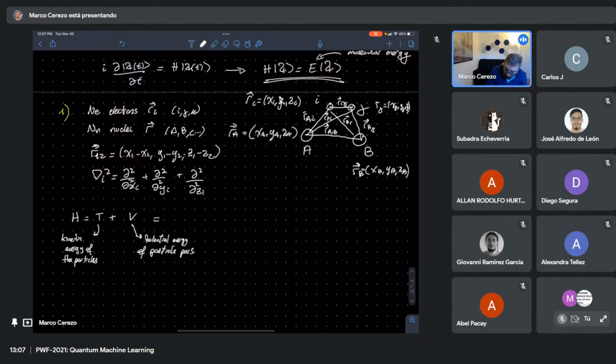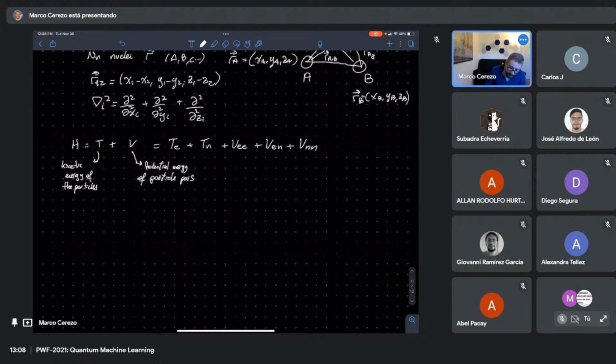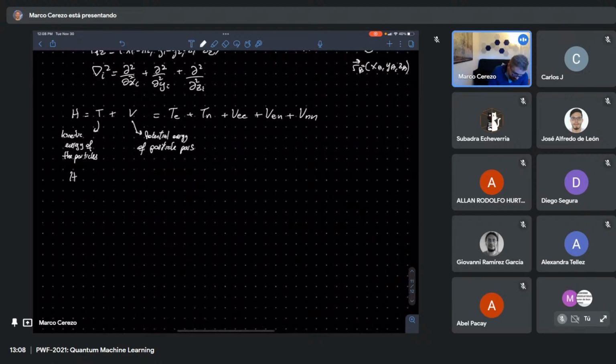And usually you can split this into kinetic energy of the electrons plus kinetic energy of the nuclei plus the potential energy of electron-electron plus potential energy of electron-nuclei plus potential energy of nuclei-nuclei, right? And we can even be more explicit and say, right, so we can write this as A